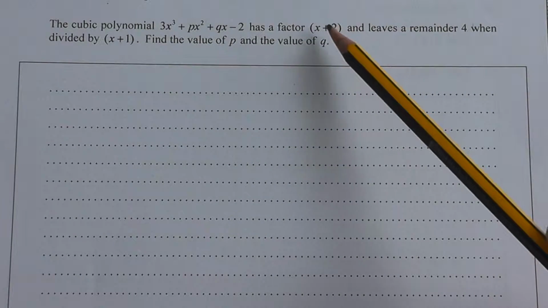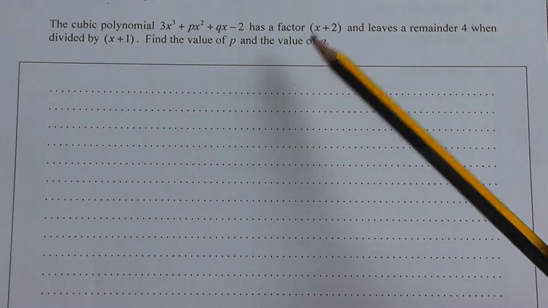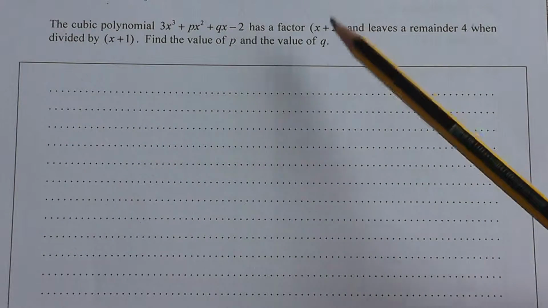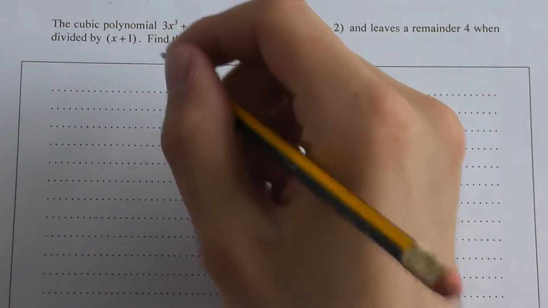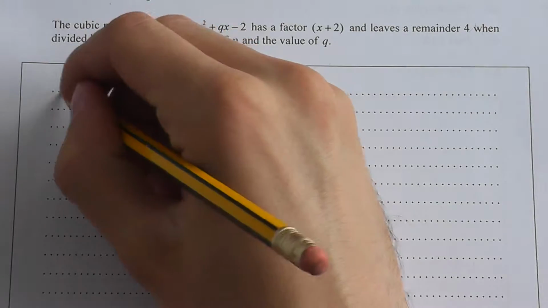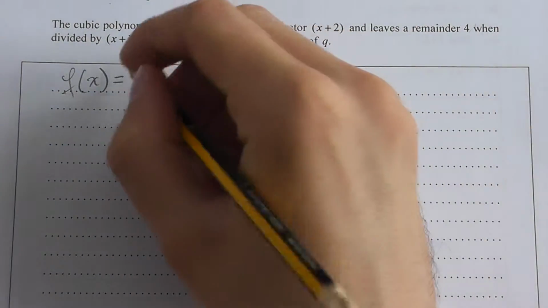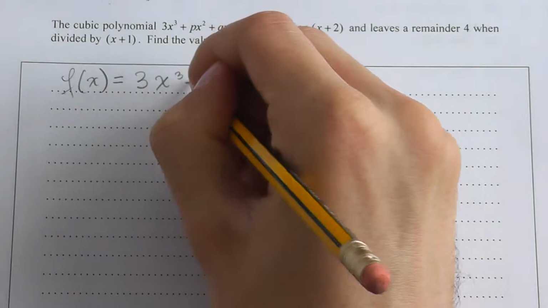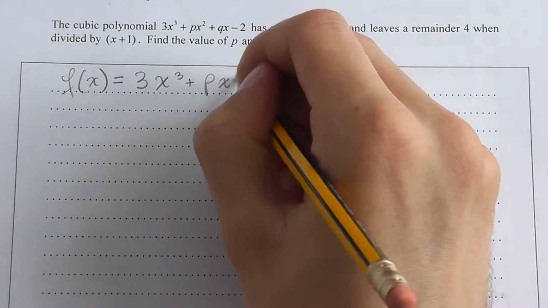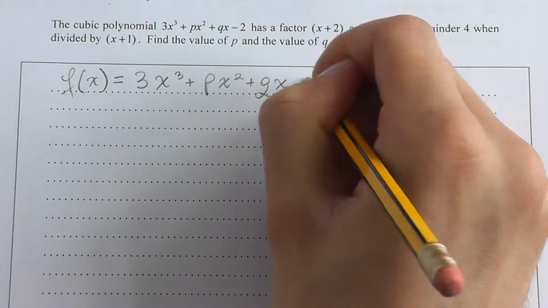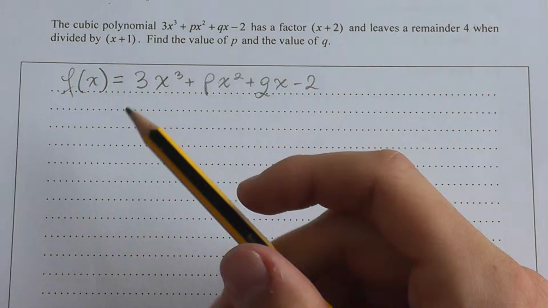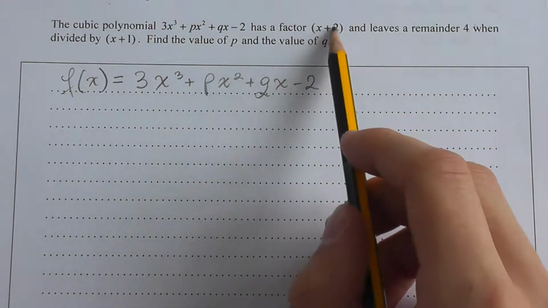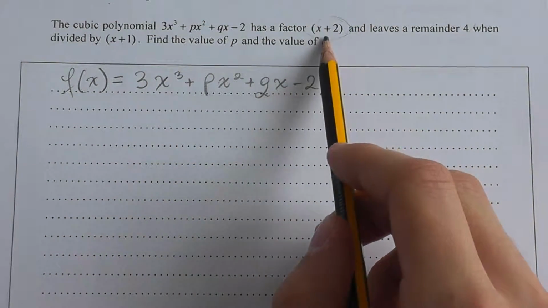Now, when we say that something is a factor, it means that when we divide the polynomial by x plus 2, we get remainder equals 0. Now, if we rewrite the polynomial simply as a function, including the unknowns, as 3x cubed plus px squared plus qx minus 2,